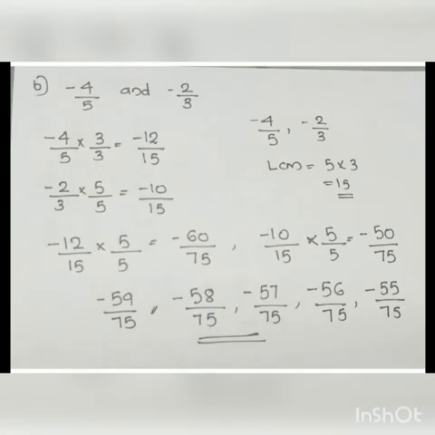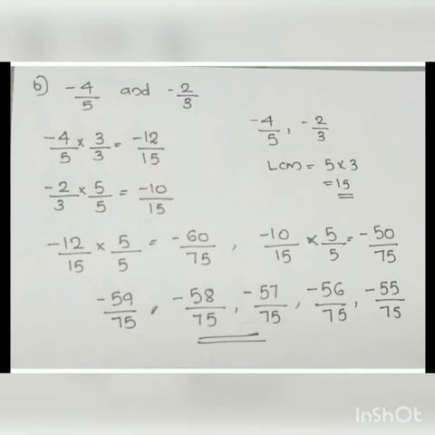One more example. Between negative 4 by 5 and negative 2 by 3. Here the rational numbers are given in the p by q form itself. So in order to find the rational numbers, we first have to make the denominators the same. How are we making the denominators the same? By the method of LCM. Here the LCM is 15 and when we converted, I got negative 12 by 15 and negative 10 by 15. It is the same method we use in fractions. So the new fractions are negative 12 by 15 and negative 10 by 15.